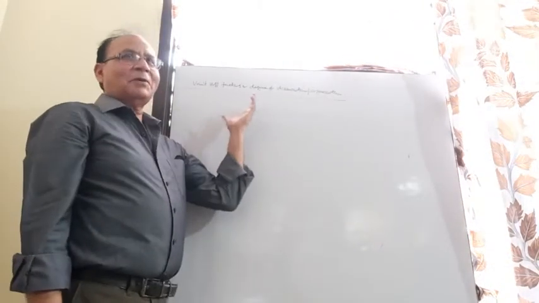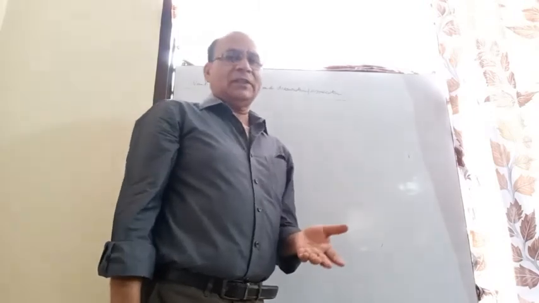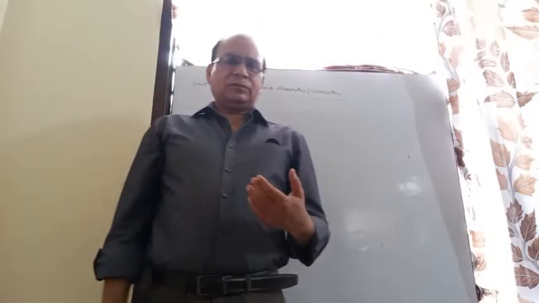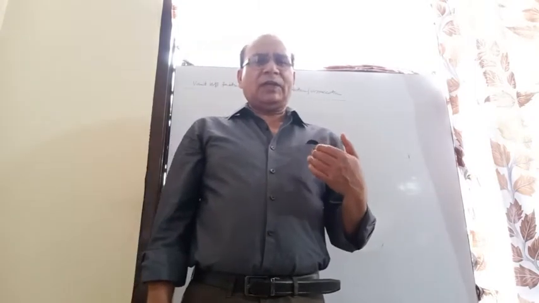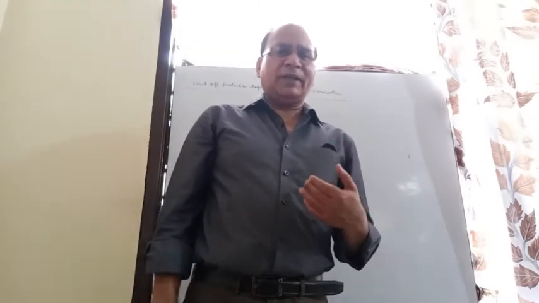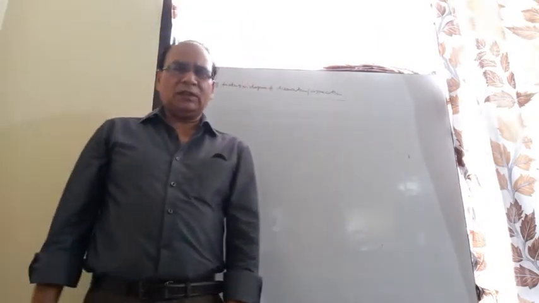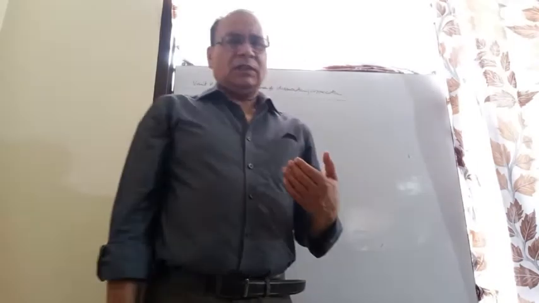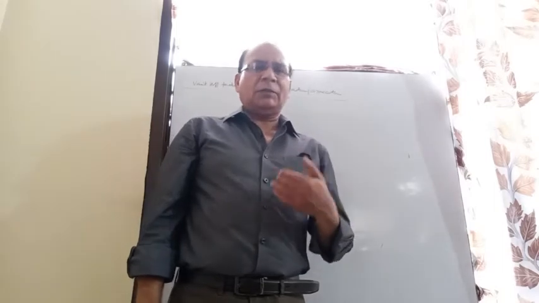Yesterday we discussed the van't Hoff factor, abnormal molecular mass, and degree of dissociation. The van't Hoff factor was defined as the extent of dissociation or association, the ratio of the number of moles dissociated or associated to the total number of moles taken for the reaction. The degree of dissociation, how much of the substance is dissociated, is denoted by alpha.